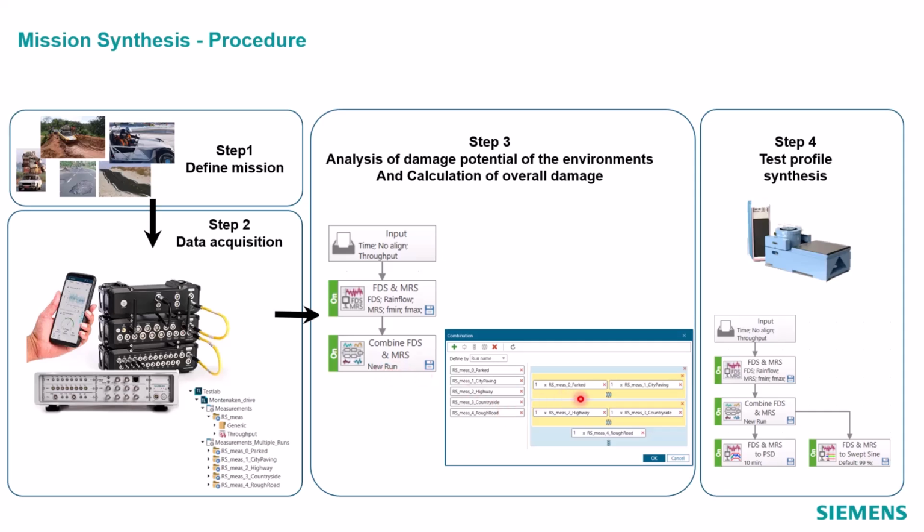We might combine these in parallel. So, for example, if you're making your product for 2 different markets, you take data in both of those markets, but the product isn't going to actually see the service environments for both of those markets. It'll be one or the other. And so in that case, we want to envelope our fatigue damage spectra just to find the maximum damage it might see in either environment.